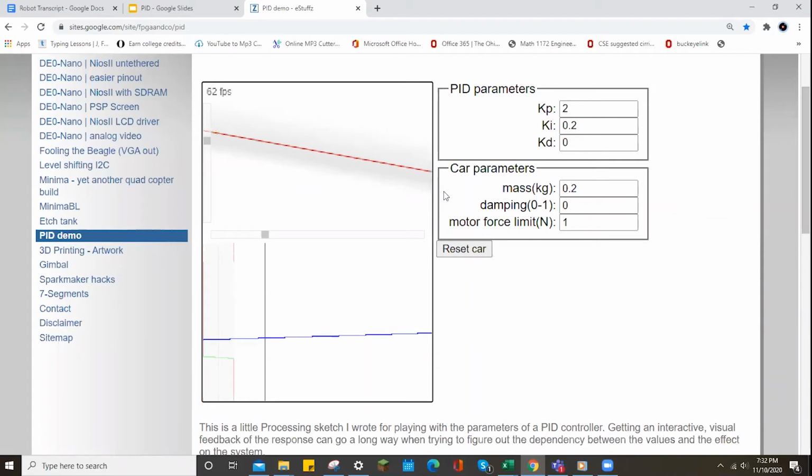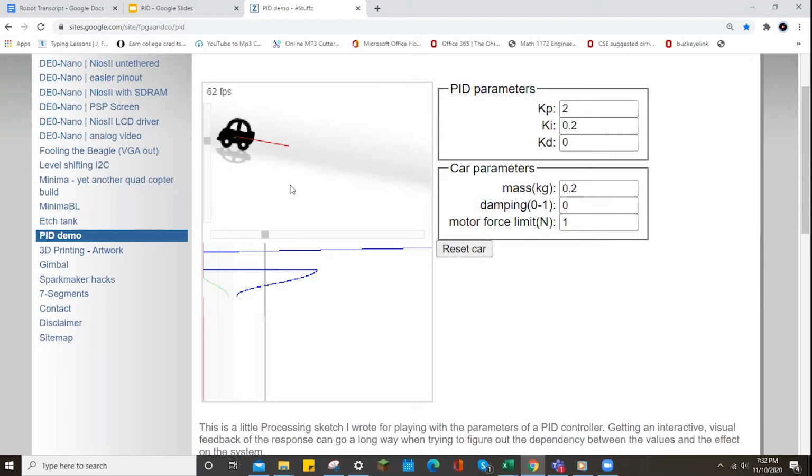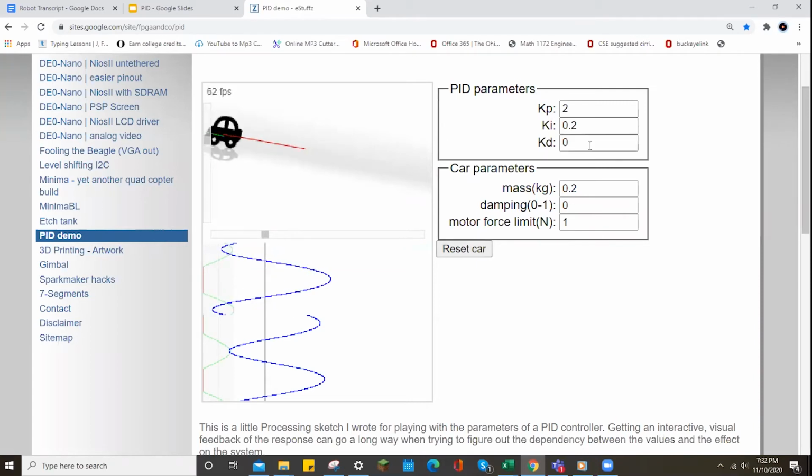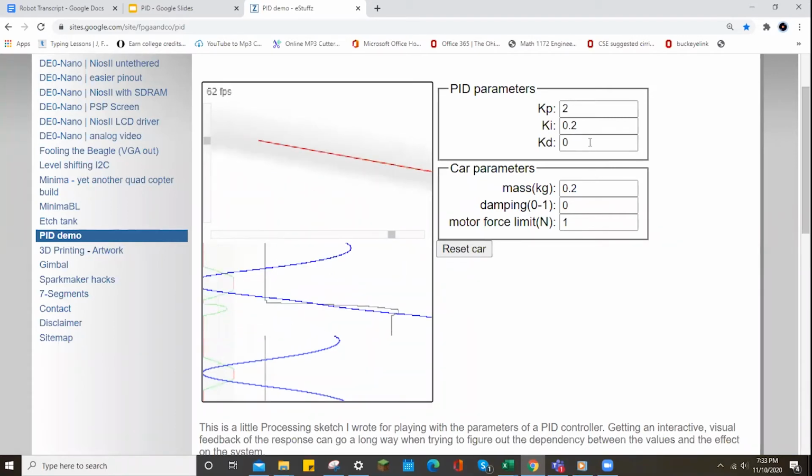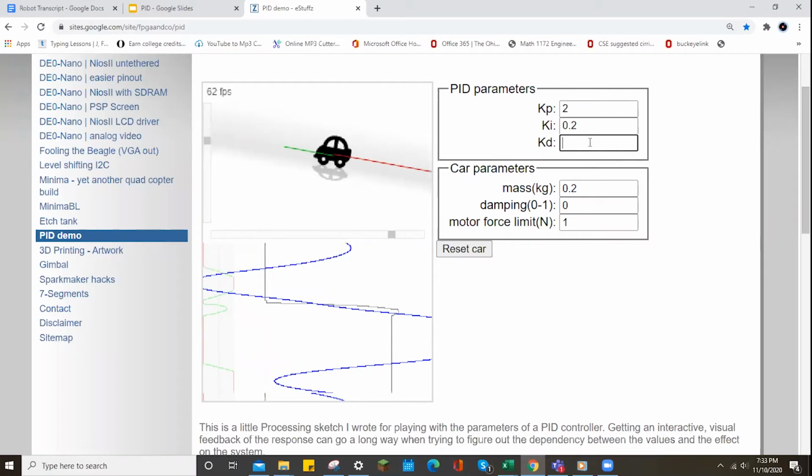Now, this oscillates because there is no dampening force like KD. But one of the reasons why the PI controller is used so much is because it solves the constant error, and that's one of the most important errors to solve. So if we were to move this back here, and make KD like 0.2 or something,